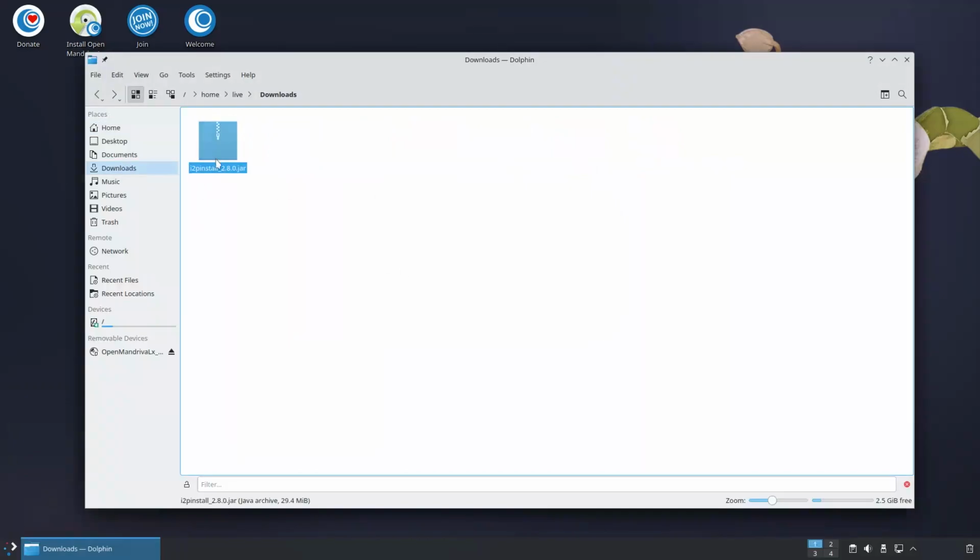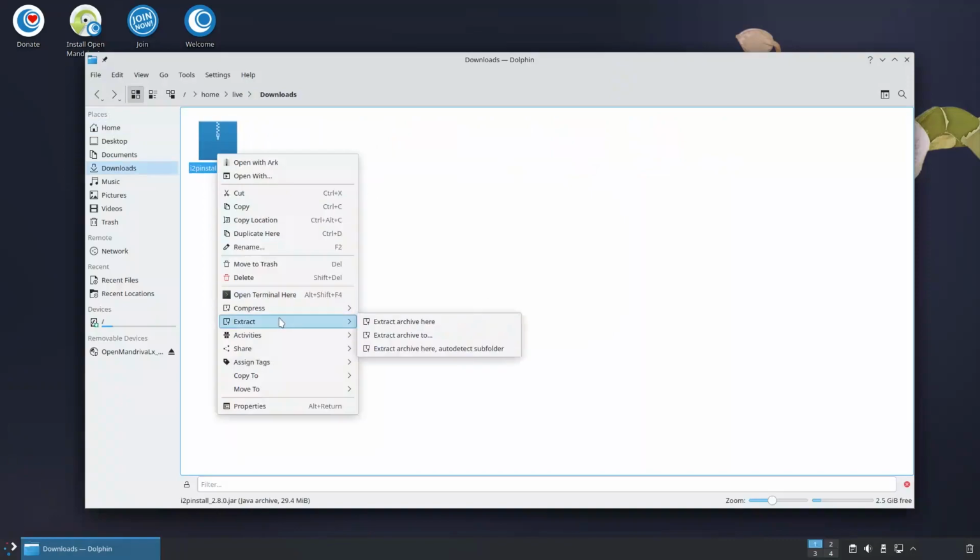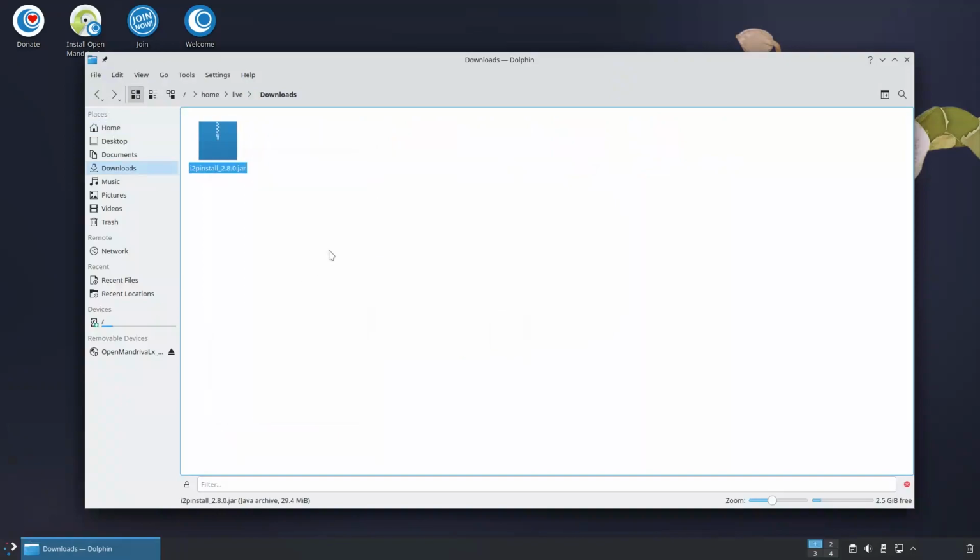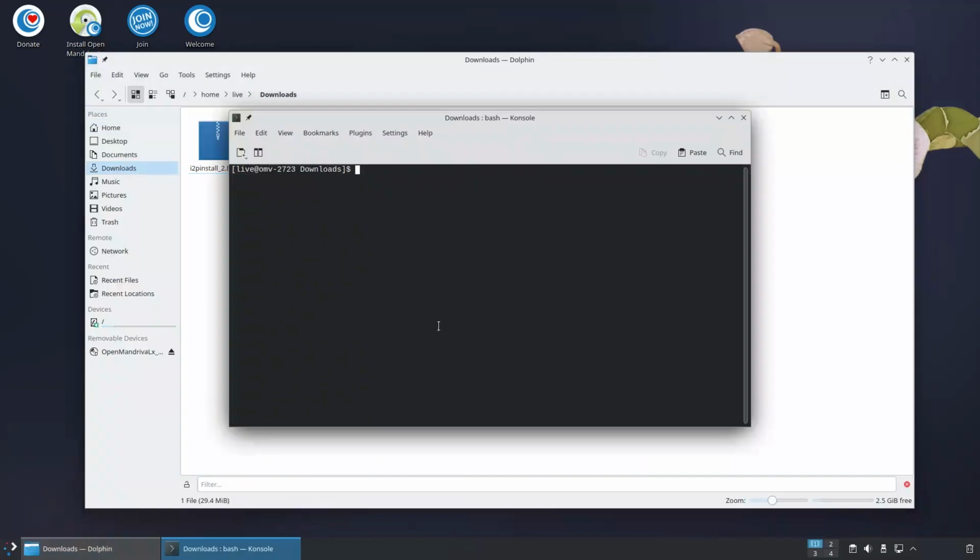Now, after you've downloaded this, do not extract this. It has the option to be extracted, so don't get confused. This is not necessary to be extracted. If you extract this, then that's a mistake. So what you want to do instead is open a terminal and make